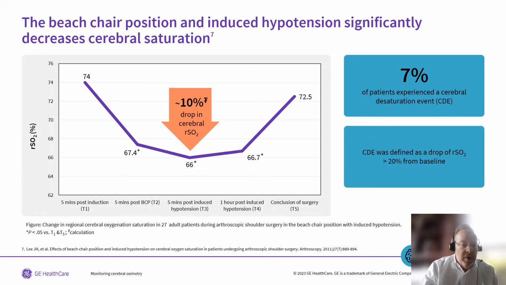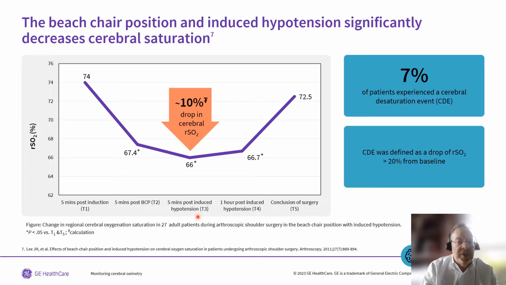This graph shows the regional saturation on this axis in brain tissue versus time across the bottom axis. The first measurement here is at 5 minutes after induction of anesthesia, and you see a normal baseline cerebral saturation of 74%. The next, at time point 2, is 5 minutes after changing to the beach chair position. Then time 3 is 5 minutes after induced hypotension, and what you see is approximately a 10% average drop in